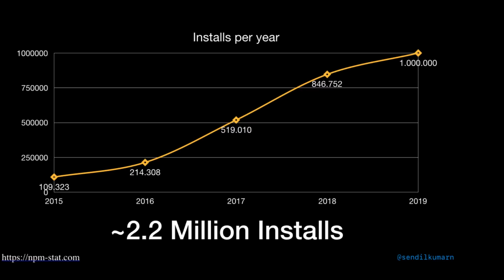This is the installs per year that we have in JHipster, and you can see how this is increasing year on year. We are currently at around 2.2 million installs. And for 2019, I just projected it. Currently, we have around 560K, and I'm just projecting for the rest of the year and rounding it off to 1 million. So we will definitely hit 1 million installs just this year. For a library, it makes sense. But for a framework like ours, reaching 2.2 million installs is a huge thing.